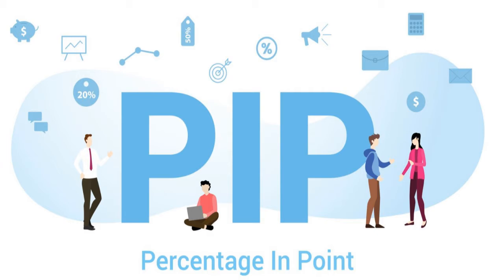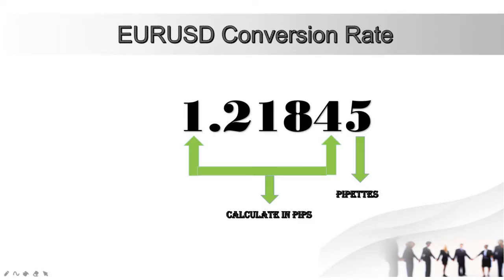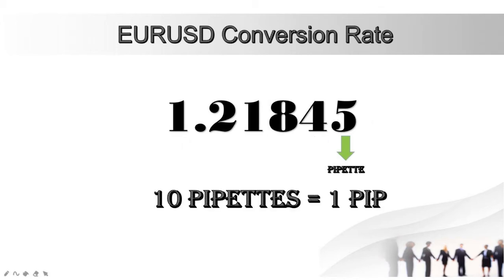In forex, the price quotes of currency pairs are denoted in numbers with decimal points. For example, if I take EUR/USD, the price quote is 1.21845. The price quote has 5 decimal places. The first 4 decimal places are pips and the last decimal place, the fifth, is called a pipot. A pipot is not a full pip, it is just a fractional pip, or a tenth of a pip. In practice, 10 pipots is equal to 1 pip. These fractional pips are also called points or pipots.